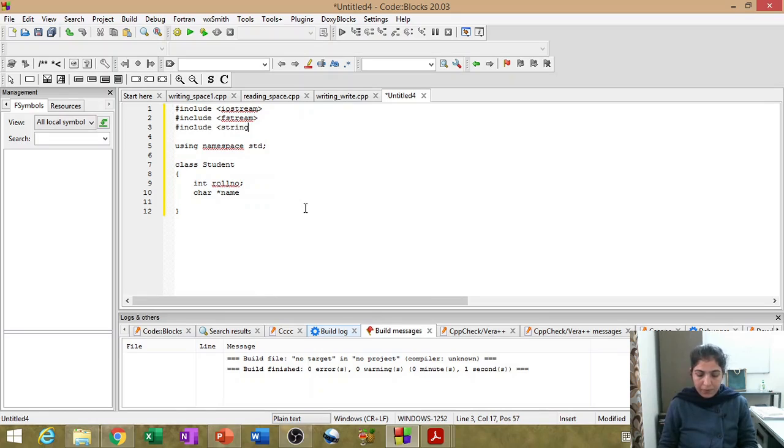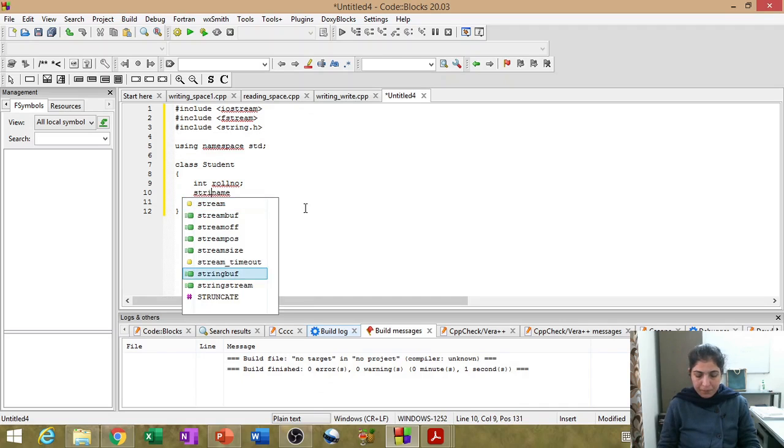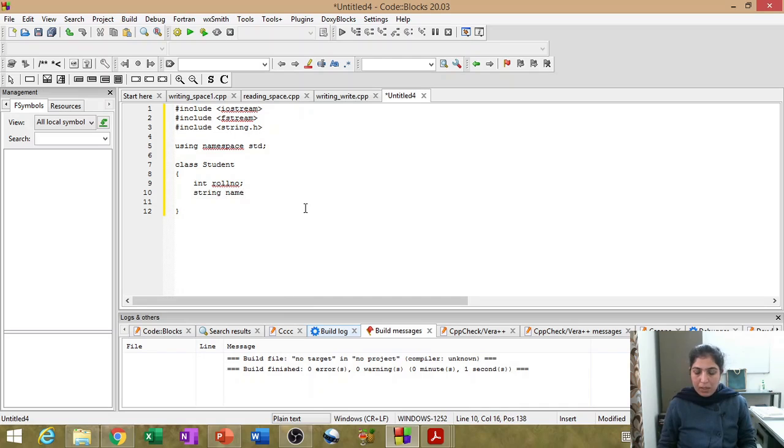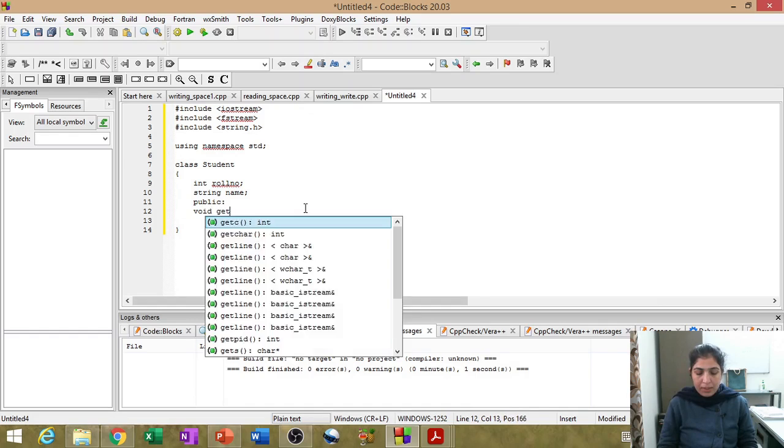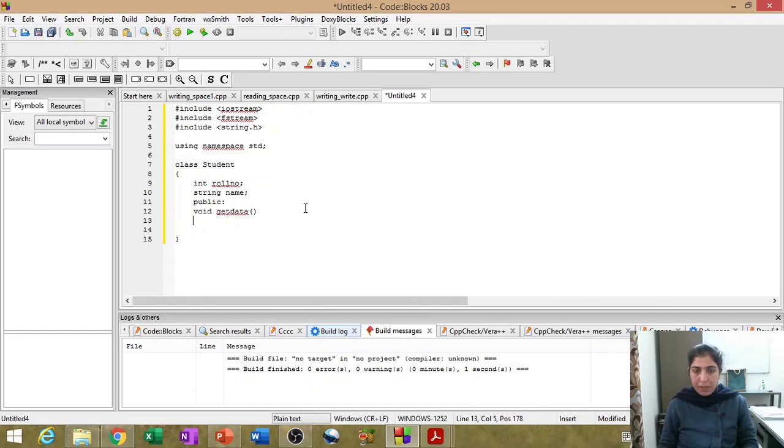string.h. And here let us use string name. And then in the public section let us create the get data function, void get data, and here we will